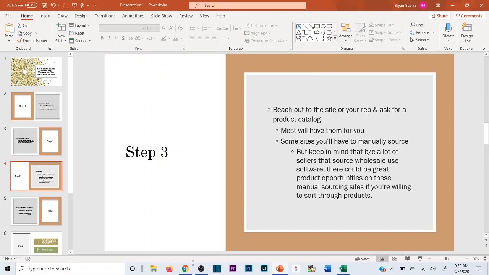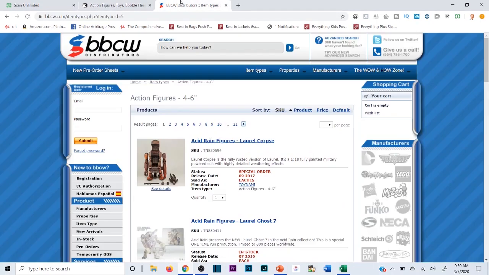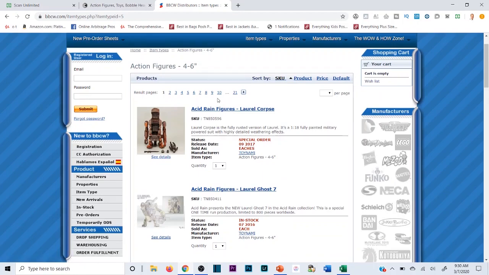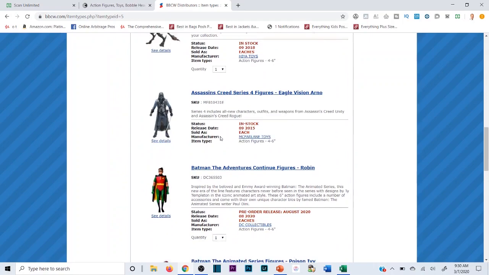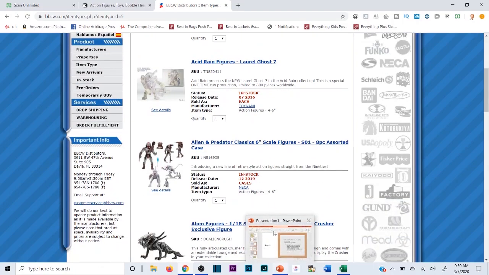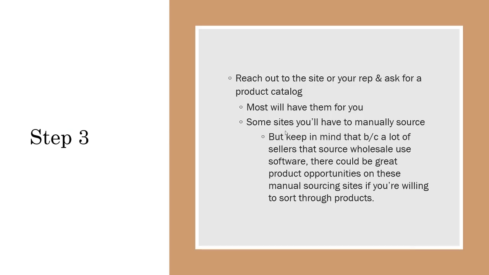Case in point, a perfect example of this that I source manually all the time is BBCW Distributors, okay? This is another great site where you can not just sort through toys, but a number of other things. It's a reputable wholesale supplier that Amazon accepts invoices from, but you have to source manually. That's an example of a site that won't give you a product catalog. So, therefore, a lot of people will stay away from those sites because, yes, you do actually have to manually